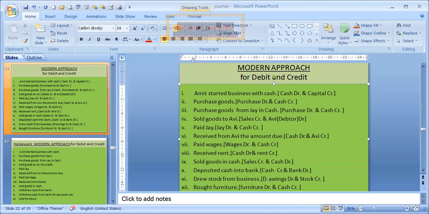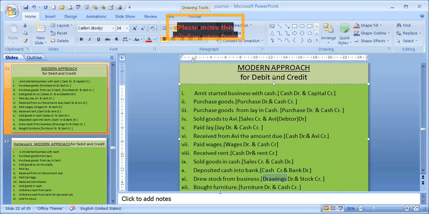Took stock from business. It is also drawings, debit, and stock credit. Drawings is nothing but the opposite of capital. You can write capital over here also, no problem at all. If you write capital reduced, when you draw the money, the business has already given the money to the owner. So capital is reducing, capital being a credit balance, if reducing, debit. That's why drawings debit. Drawings you say or capital you say, actually synonyms. We never say capital in the debit balance, that's why we say drawings. And stock is reducing, stock is an asset, asset reduces, credit.